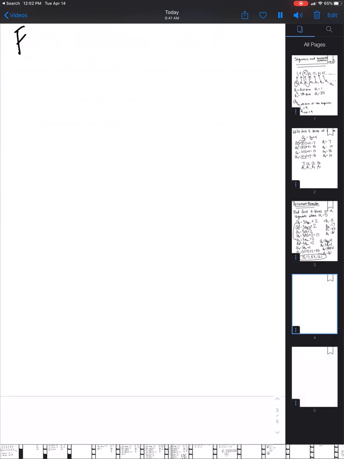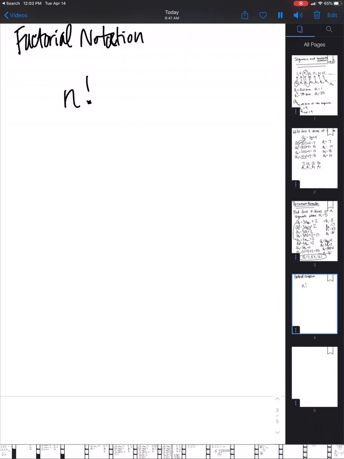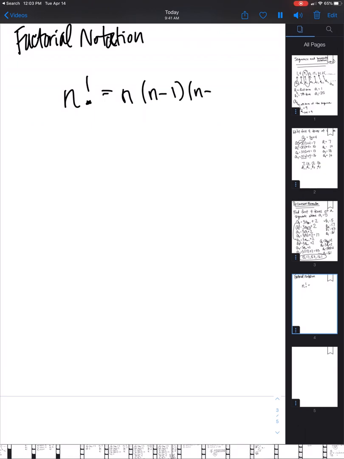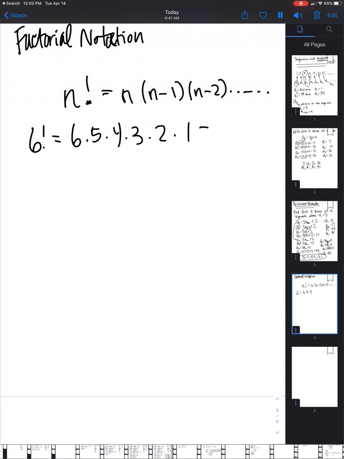Okay, so the next thing I want to tell you about is called a factorial. It's not really an equation they use here, but it is a notation that they use, and it looks like an exclamation mark. We may have gone over this in Algebra 2, but I want to make sure I've gone over it again. So here is the equation for it: n times n minus 1 times n minus 2, and then you just keep going until it ends. So for example, if I do 6 factorial, I'm going to do 6 times 5 times 4 times 3 times 2 times 1,